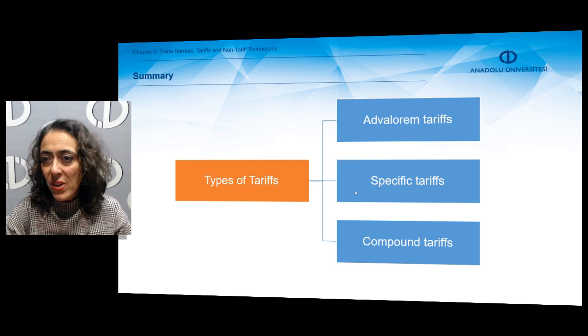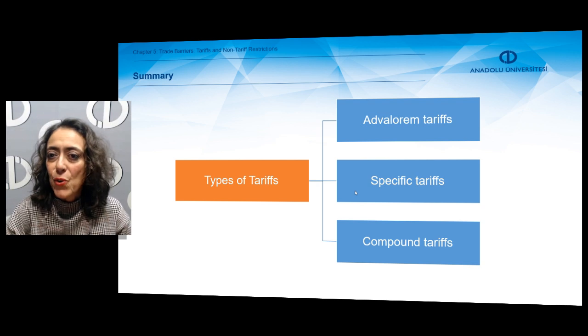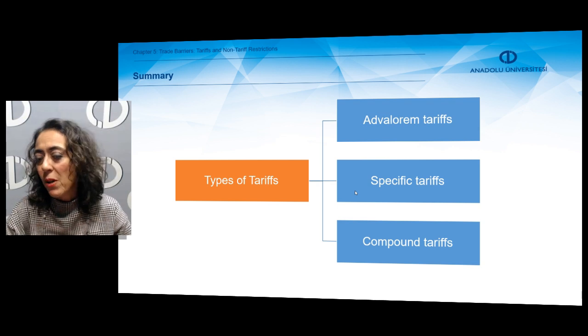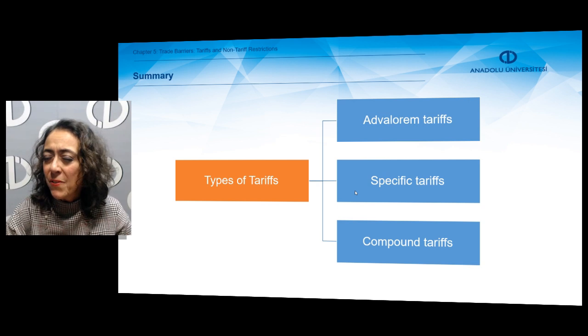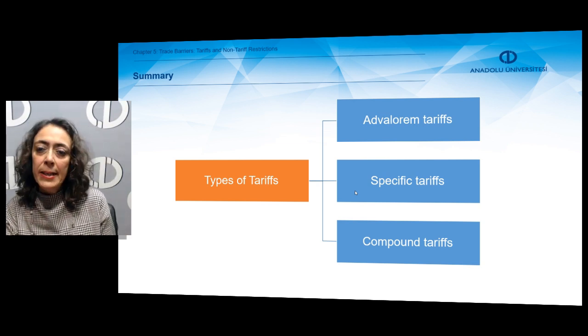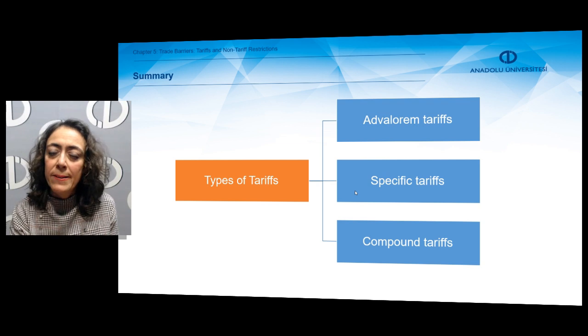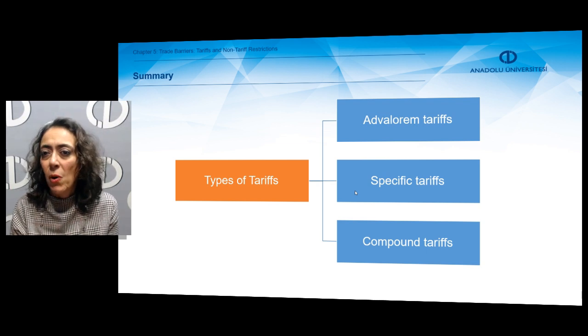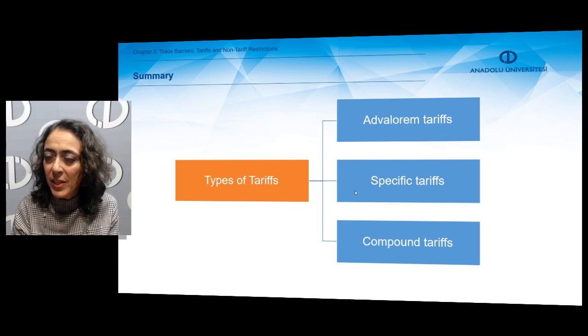When it comes to the types of tariffs, we see that there are three types of tariffs. The first one, ad valorem tariffs, second, specific tariffs, and the third one, compound tariffs. Ad valorem tariffs are percentage tariffs or percentage shares applied on a certain imported commodity. Suppose that the government imposes a 10% ad valorem tariff on commodity X. It means that on each item of commodity X, the government will collect 10% ad valorem tariff imposed on